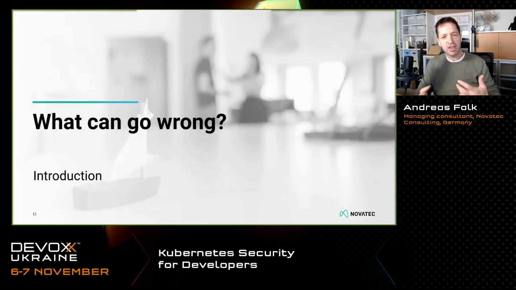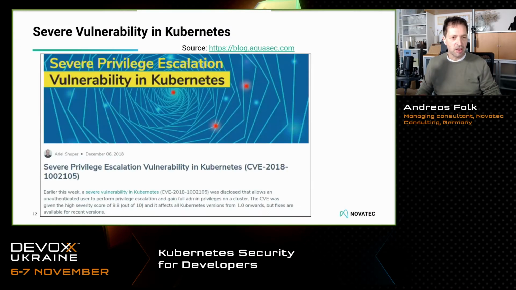So now we have seen what use cases we have for using containers in Kubernetes. So what actually could go wrong if you're doing things wrong or if you're being attacked from the outside world. We had already several vulnerabilities inside Kubernetes or container technology in general. There are a lot of CVEs. This is a quite old one from 2 years ago, CVE 2018.